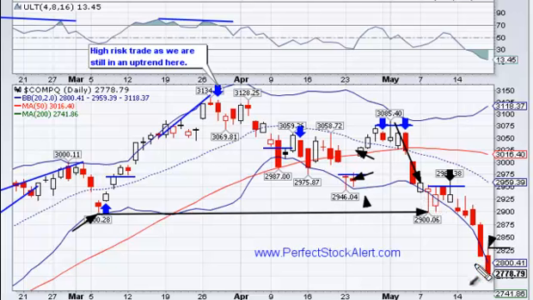Now, I would stay short. There's nothing here that tells me to be looking at this as a bottom. No hammer candlestick formation. We are in a very strong sell-off here. You are below the Ultimate Oscillator 30 line, so you could get a bounce at some point. Right now, I don't see it at the moment, unless you get some news over the weekend about these guys have come together and found some way to rally the market for a day or two. But right now, I don't see that.